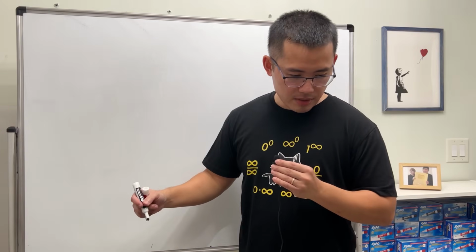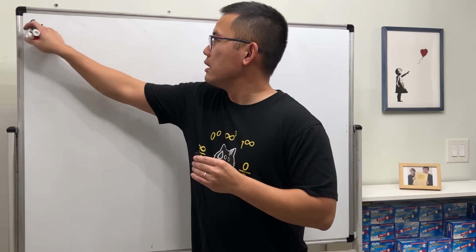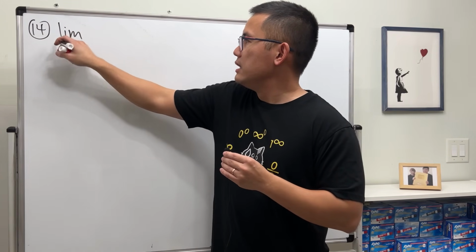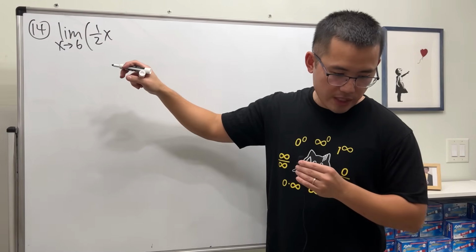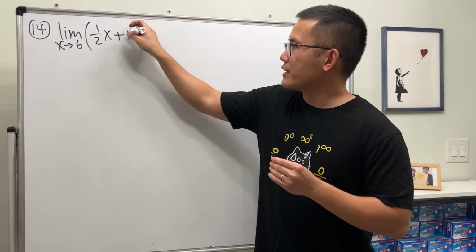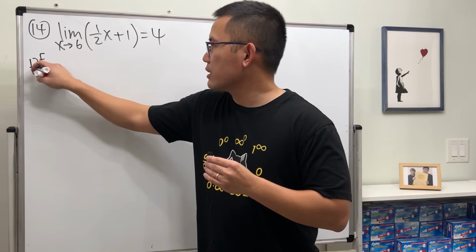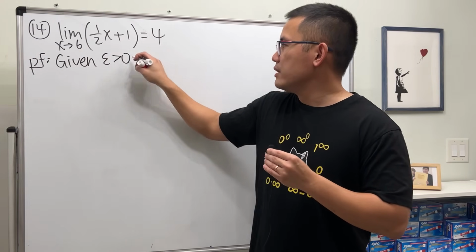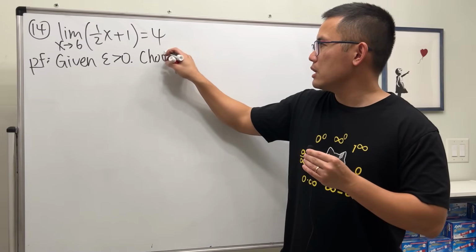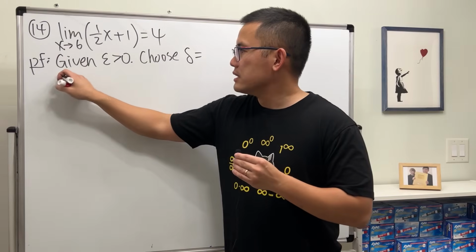All right, number 14. Limit as x approaching 6, 1 over 2x, and we are going to add 1. Work that out, you will get 4. Here we go, proof, epsilon delta definition. Given epsilon greater than 0, choose delta to be something we don't know yet. Suppose